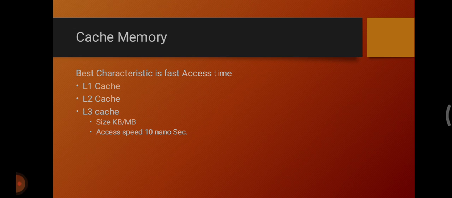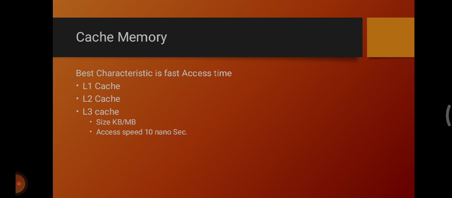There are also different types of cache memory: the L1, L2 and L3 cache. The size of the L1 cache is 2 KB to 64 KB. L1 cache is also known as the primary cache or the level 1 cache. It is the topmost cache in the hierarchy of the cache levels of the CPU. It is the fastest cache in the hierarchy and it has a smaller size and smaller delay.